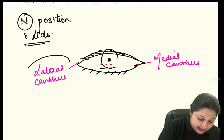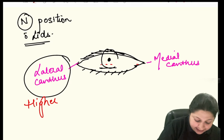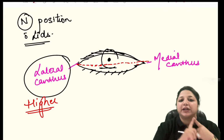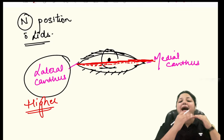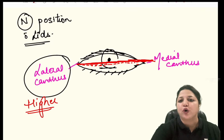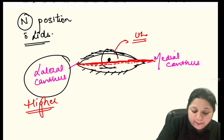Yes, so it is the lateral canthus which is higher as compared to the medial canthus. So the lateral canthus is higher than the medial canthus. Point one. Then when we talk of the normal position of the lids, when we talk of the upper lid